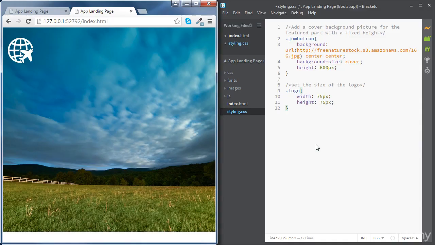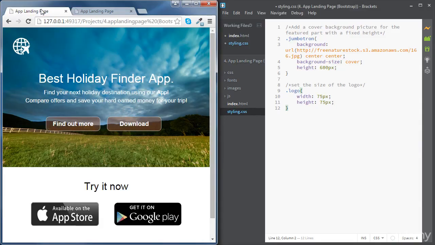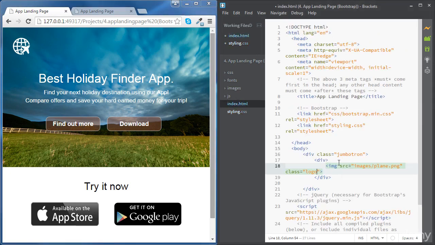Now we're going to move to the featured content of our website. If you remember the way we used Jumbotrons in the Bootstrap chapter, we created a Jumbotron div, or div of class Jumbotron, and inside the div we created a container div, or div of class container. So I'm going to copy the image